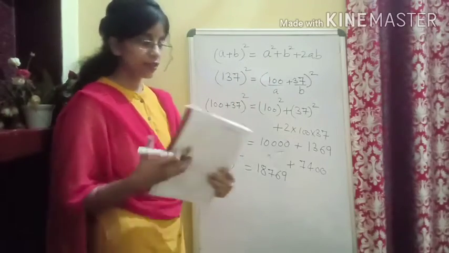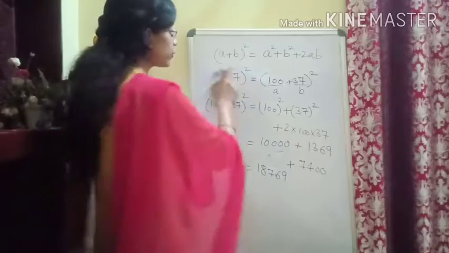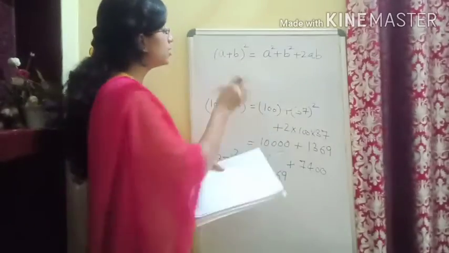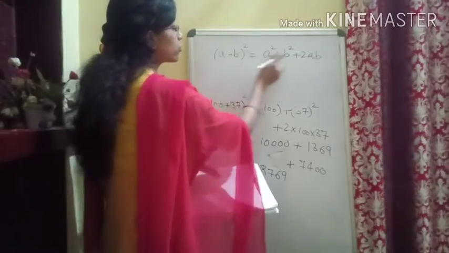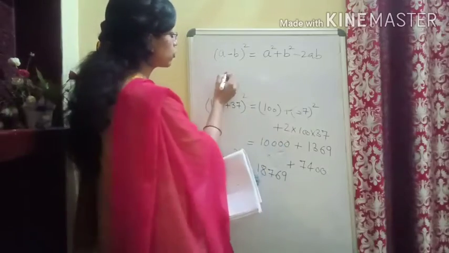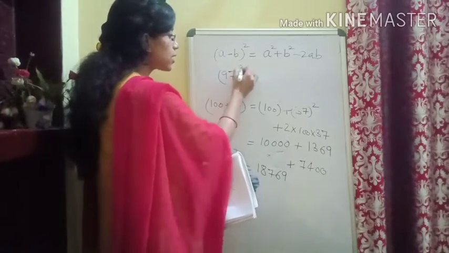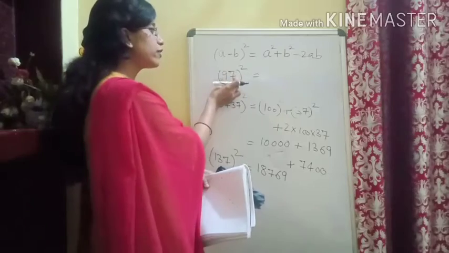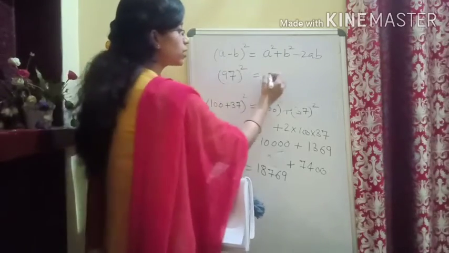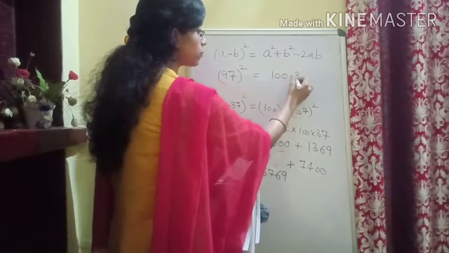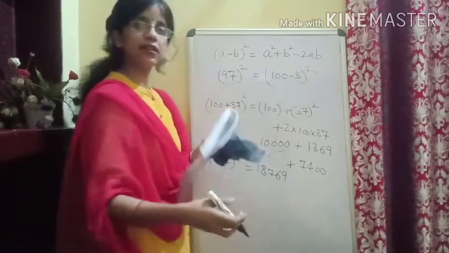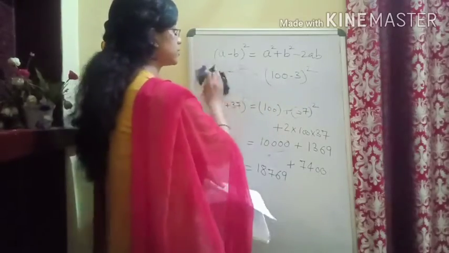So this is the square of 137, and we have squared this given value using this identity. Likewise, we have a question given with a different identity, that is a minus b whole square, and here we have a square plus b square minus 2ab, and they are asking you to square 97. I think now it is quite easy to simplify. We have to split 97, but this time with minus sign, so you can always write it as 100 minus 3 whole square, where your a is 100 and your b is 3, and you can apply the identity.